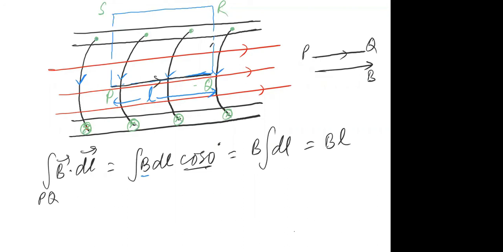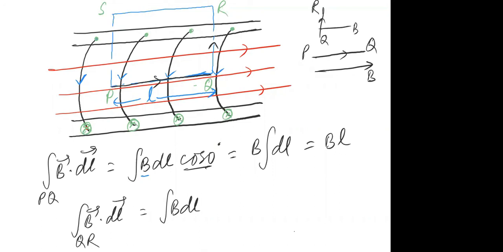Now I am going from Q to R. Sorry, not P, my mistake. Try to understand: B dot dl from Q to R for this segment of the loop. What will you write here? B dl, what is the angle? You have started from Q and you are going to R. What is the angle? The magnetic field is still towards the right. Good, Joanna. The angle is 90 degrees, cos of 90 is 0. Hence, it will become 0.